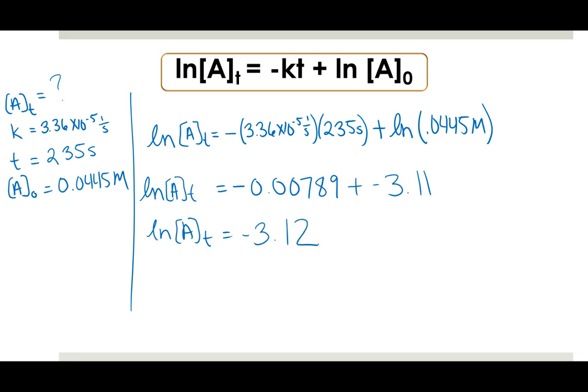So again, to get rid of the natural log, we're going to use Euler's number. e raised to the natural log of A equals e raised to negative 3.12. So the concentration of A at time t is e to the negative 3.12, and the concentration is